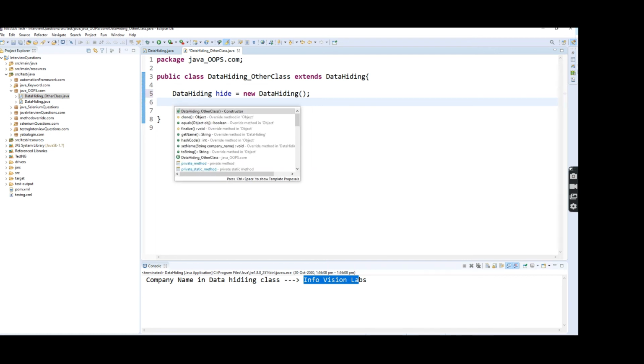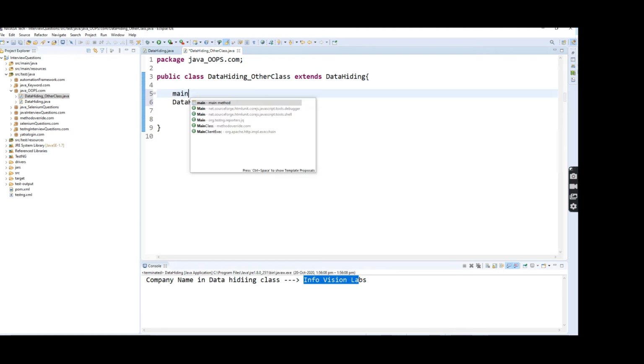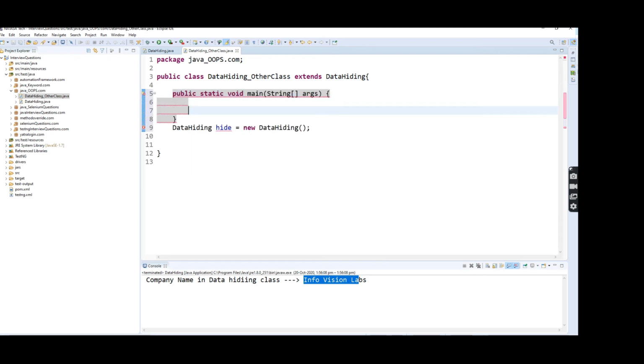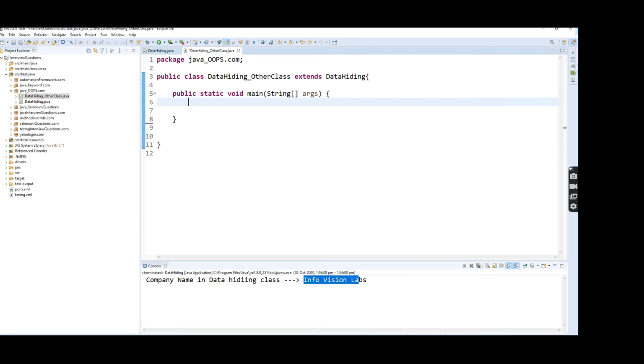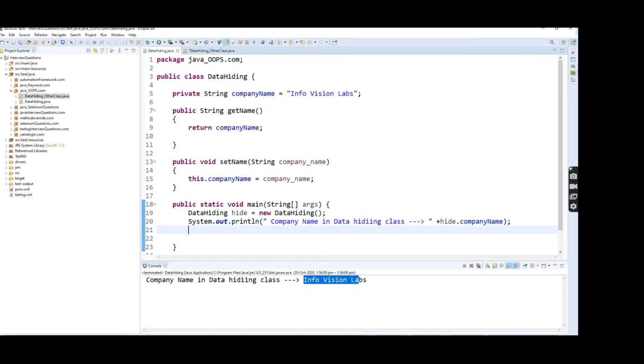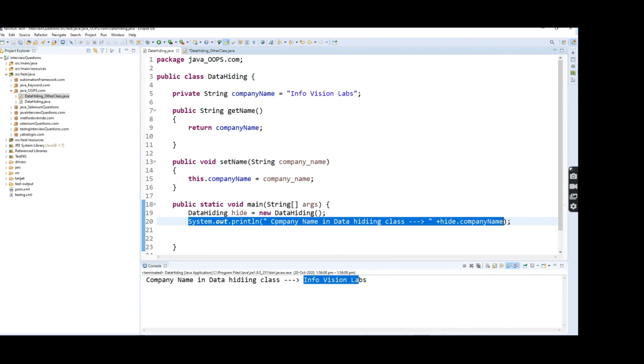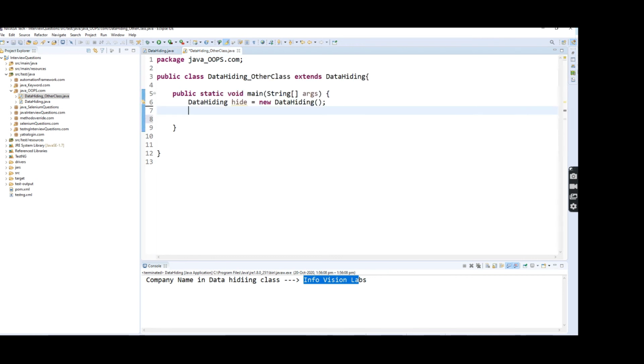Sorry, first I need to create the main method, and just cut and paste it here. Now I'm going to print the data hiding variable, like this. Okay, I'm just copying this one and pasting it here. DataHidingOtherClass, right?